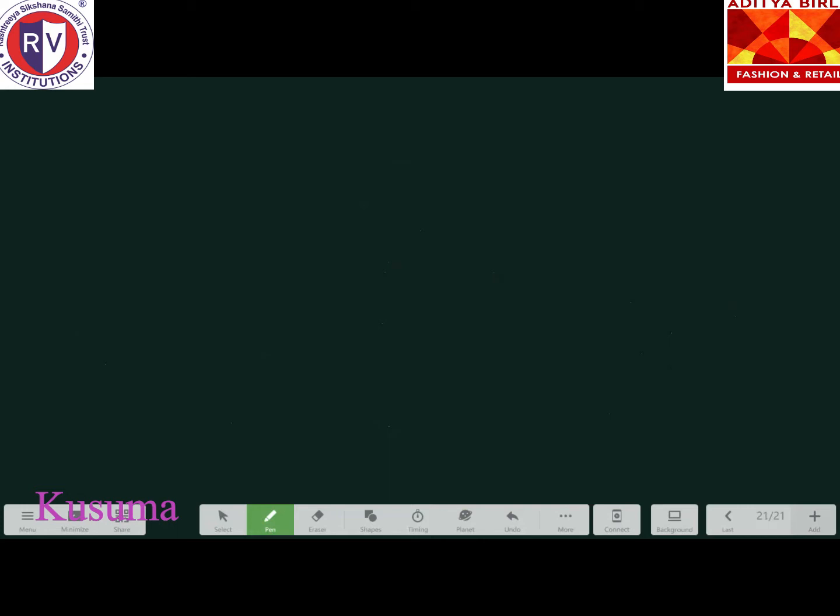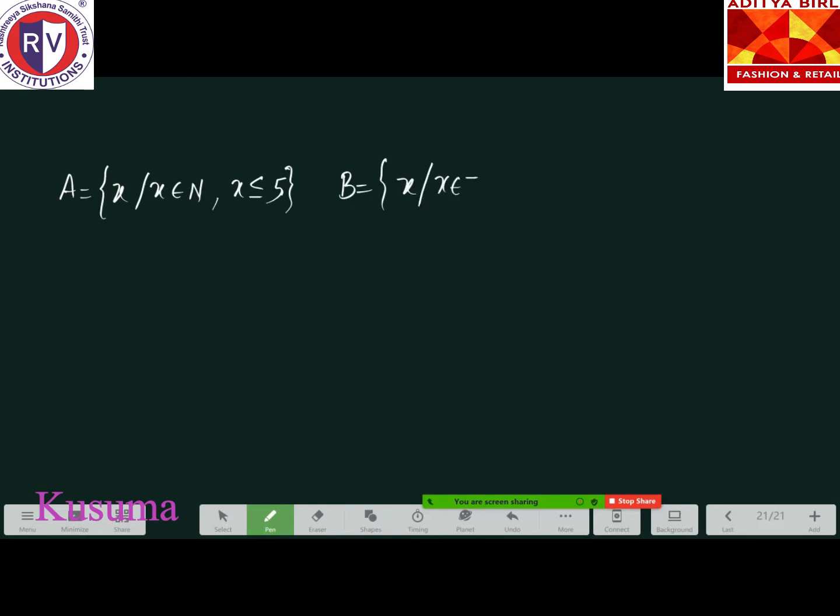Look at the 43rd question. This was a question from the 2019 paper. If A is the set of all x such that x belongs to N, the set of natural numbers, and x is less than or equal to 5, and B is the set of all x such that x belongs to Z, the set of integers, and x square minus 5x plus 6 is equal to 0, then the number of onto functions